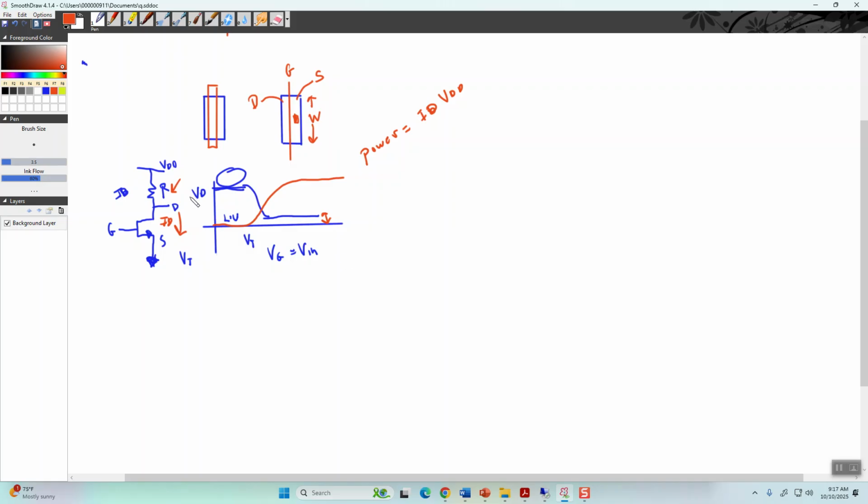Oh, actually, the current flows through both devices. So even if there's a voltage drop here, current is flowing through everything. Current times voltage is power. All right. So that means,